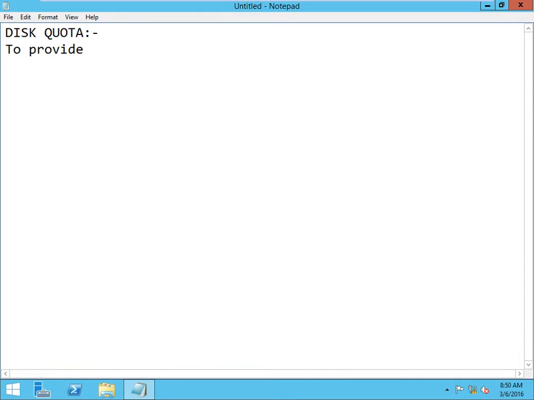This quota is to provide limited space to the client computer. So this quota you can implement to a folder.